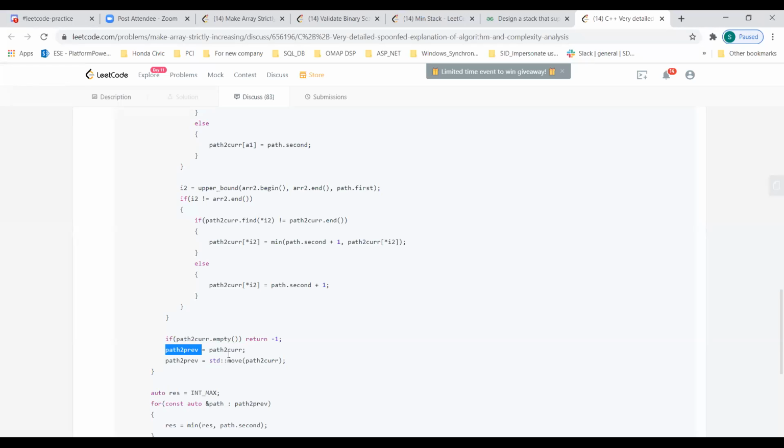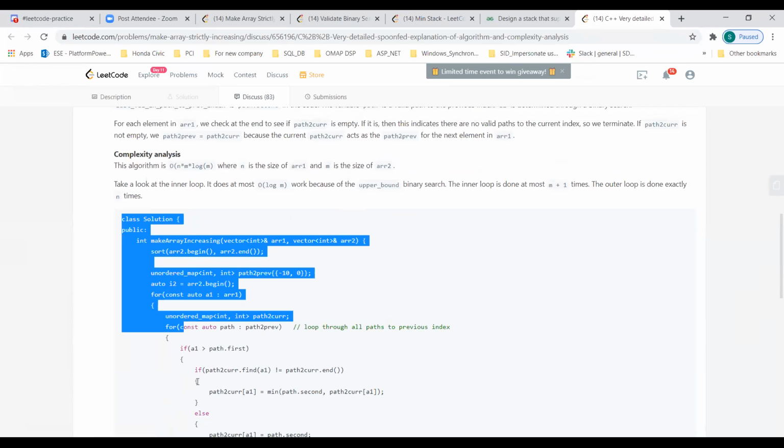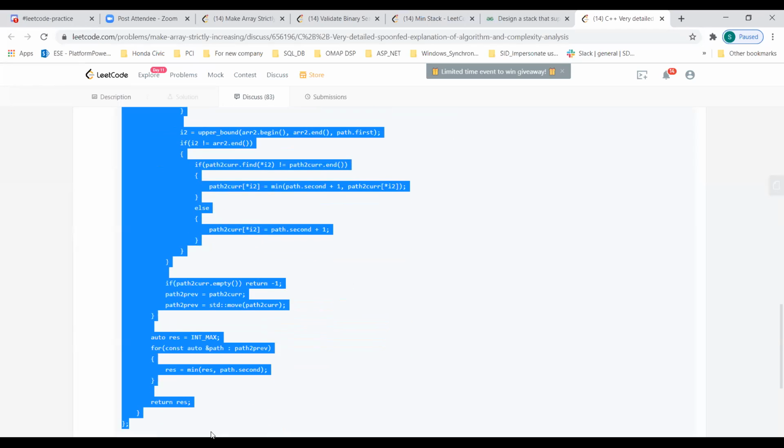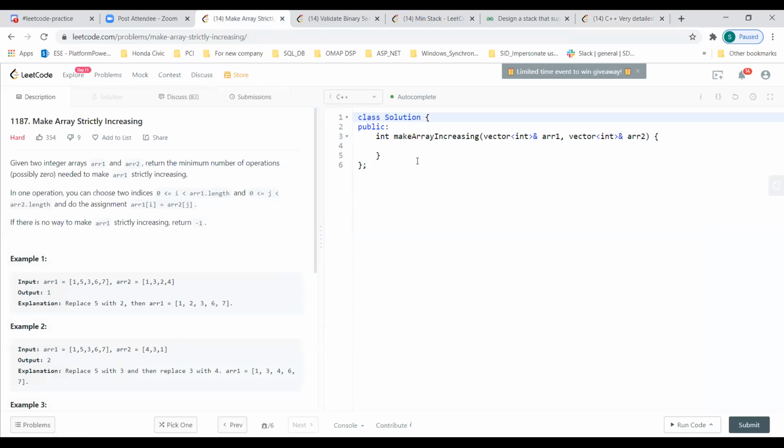Actually, this should be fine, right? If you assign them, what will happen now? Path to prev and path to current will be one and the same. So actually, path to prev will be path to current. So he is explicitly moving. I think it should work without that also. If we commit this, that part should work, right? And maybe we can also try removing some parts of the code which you are saying are irrelevant. Oh, which one? Okay, let me see. Maybe.